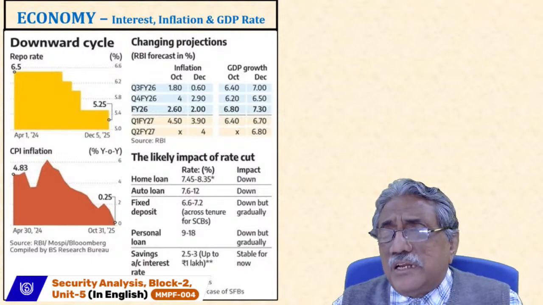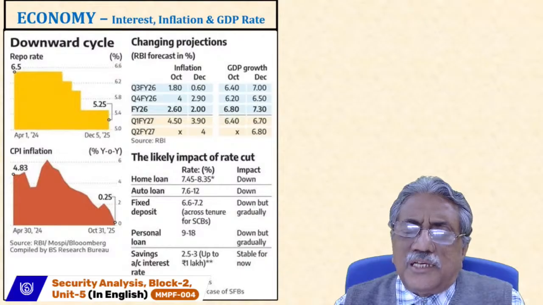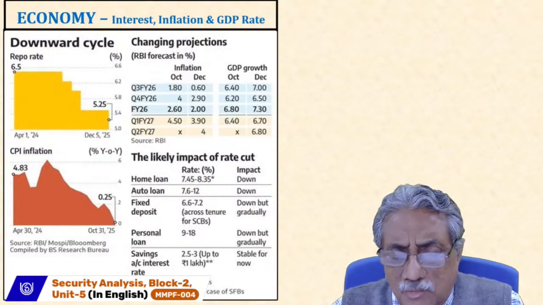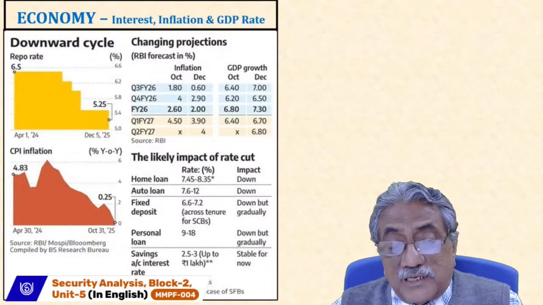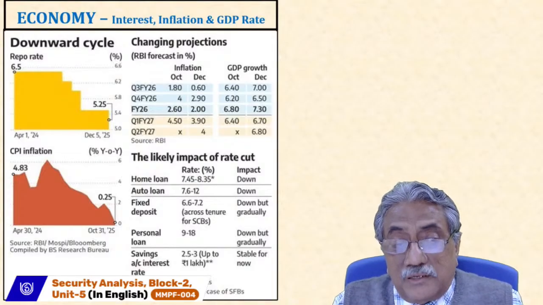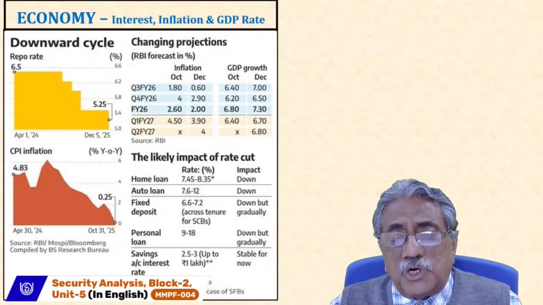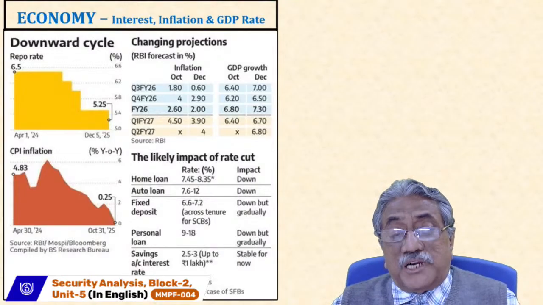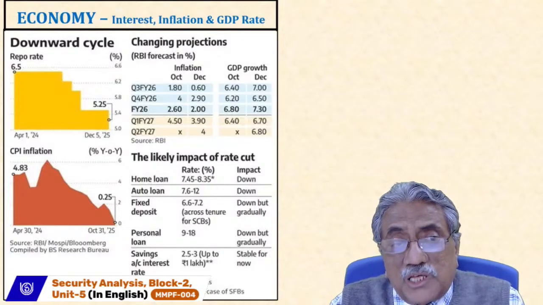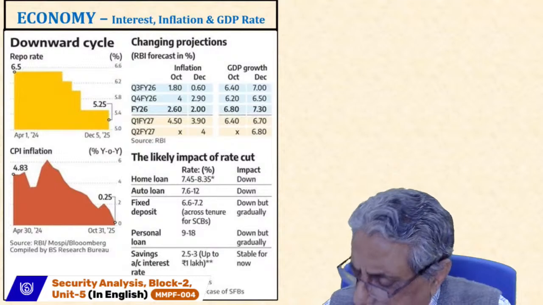So it appears that interest rates will go further down, because real interest rate generally is 2 to 3% more. What do you mean by that? Your inflation will be eating up some amount of your returns. You want to earn more than that, and that more than is generally 2 to 3%. But here we find it is almost 5%. So there is a chance that interest rate will be reduced further in future.